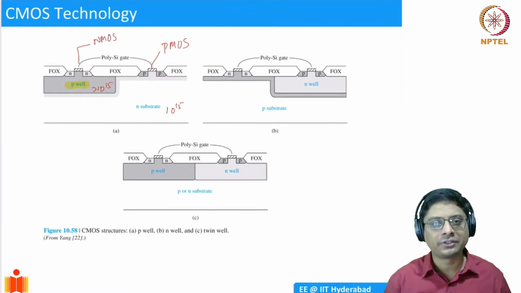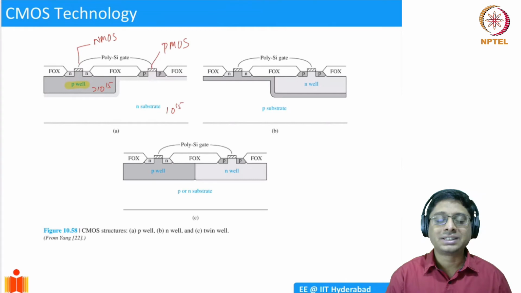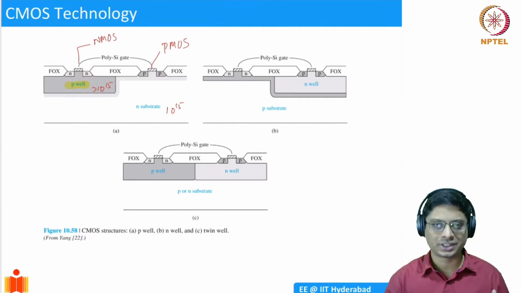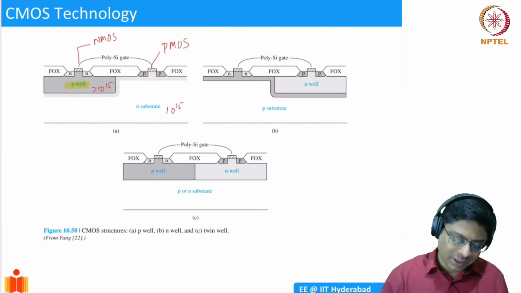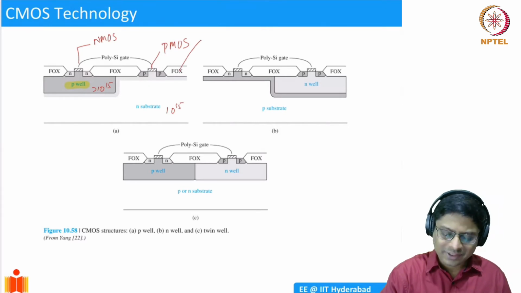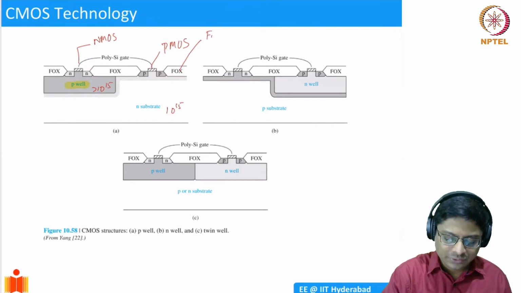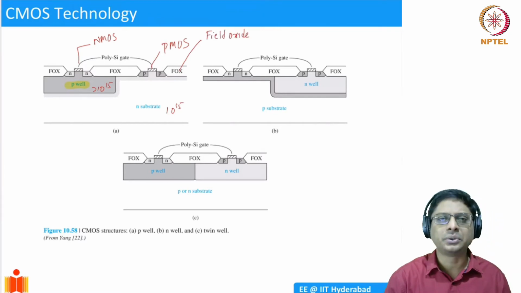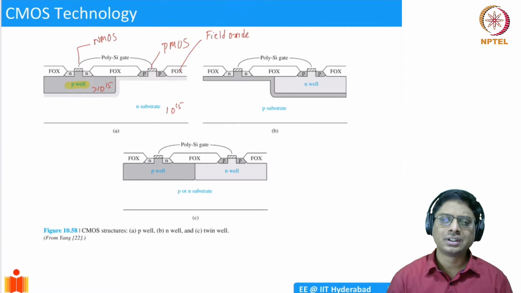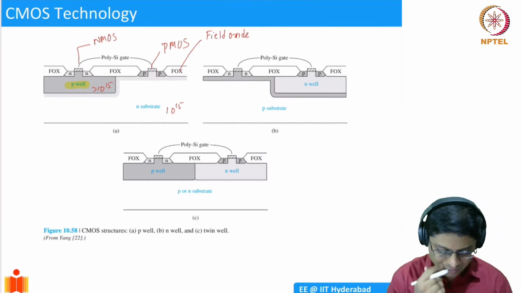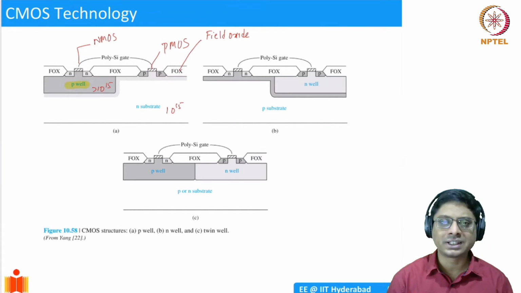So you can have different regions on a wafer in which we can fabricate these devices. But one important characteristic is that we don't want these devices to talk to each other, because this is ultimately a conducting substrate, and there's going to be a lot of crosstalk. So to prevent that, you have to isolate devices from one another. From the 70s to about the late 90s, I think we were using what is called field oxide. This is no longer used because there are some problems with it. Nowadays we use what is called shallow trench isolation, but that will be discussed in a VLSI technology course.